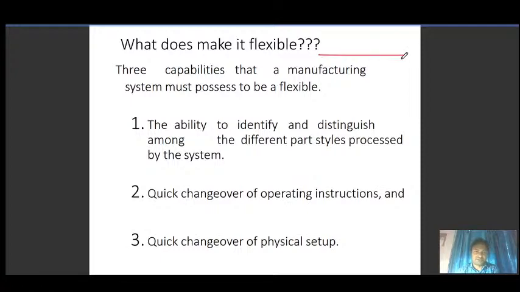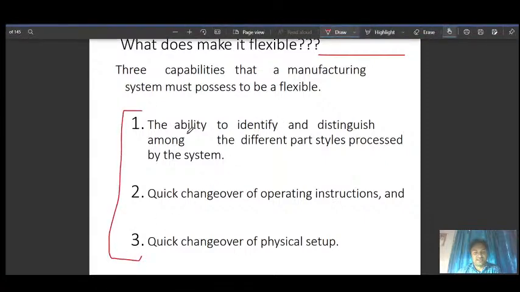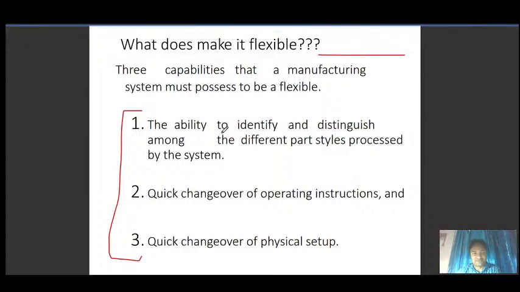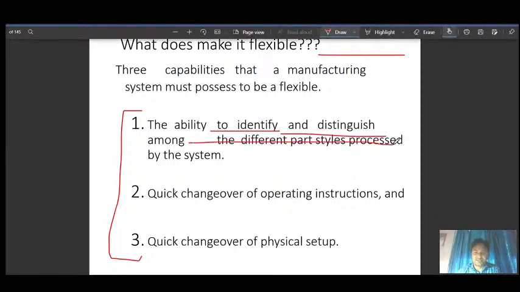What makes it flexible? What are the components that make it flexible? So it can be classified in three broad categories. In FMS, when I say system, it obviously means the whole manufacturing setup that is able to identify and distinguish among the different part styles processed by the system.